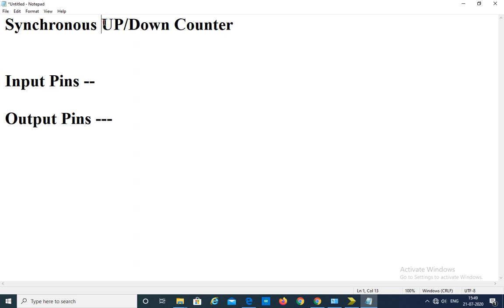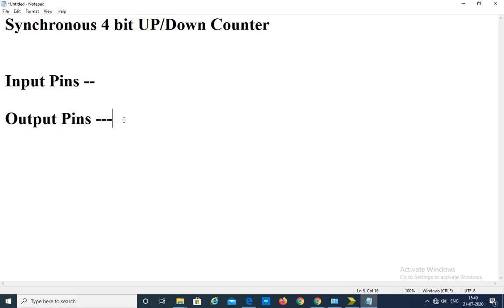We are designing a synchronous 4-bit up-down counter. That is, we can count from 0000 to all ones. All ones indicates 8 plus 4 plus 2 plus 1, that is, from 0 to 15 we can count.